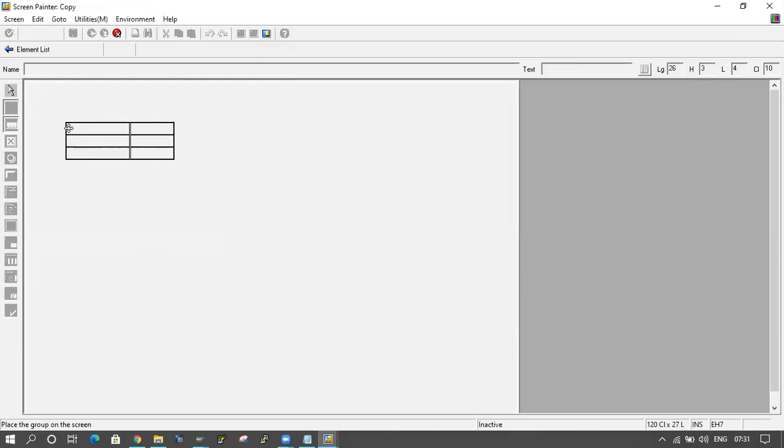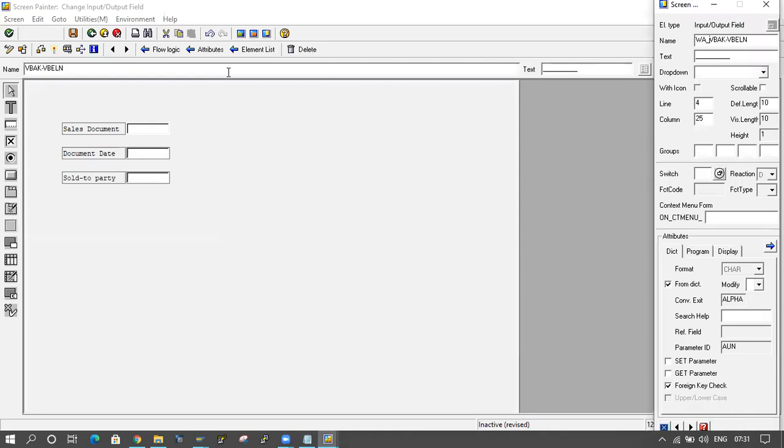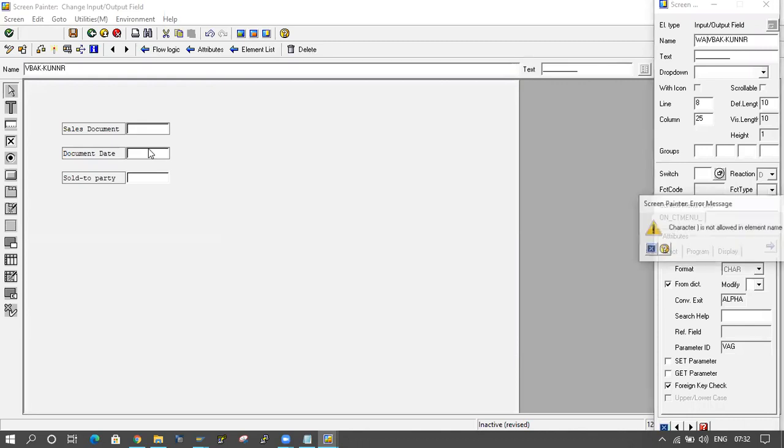Click on OK button. I am displaying like this. I will change the names here: work area VBAK hyphen VBELN, work area VBAK hyphen AUDAT, and here also work area VBAK hyphen KUNNR.